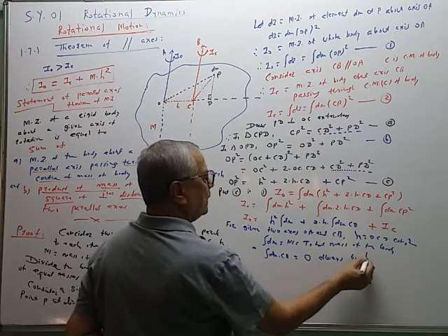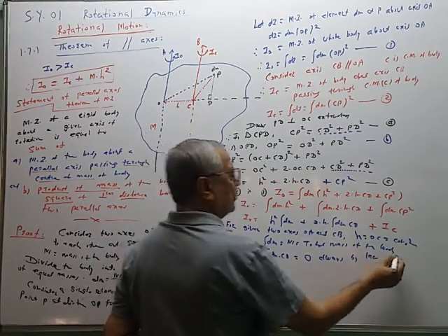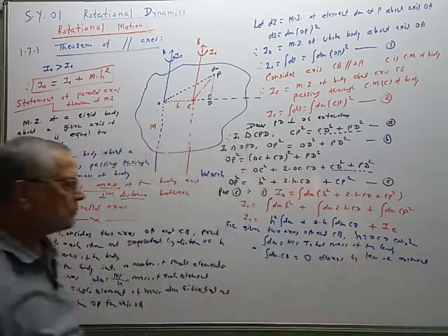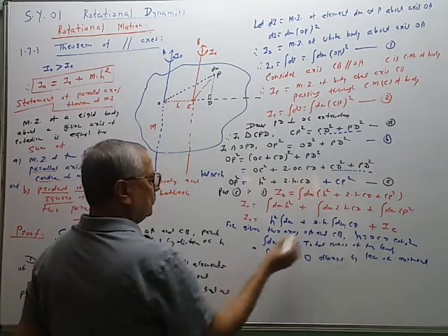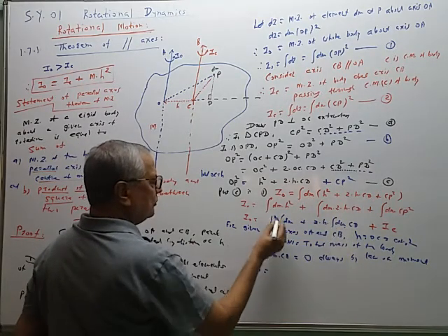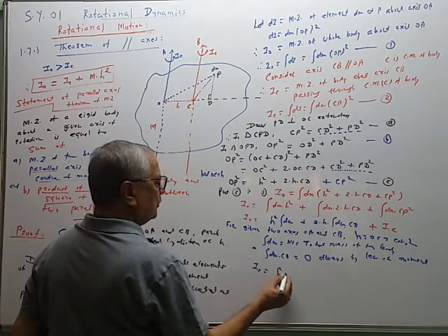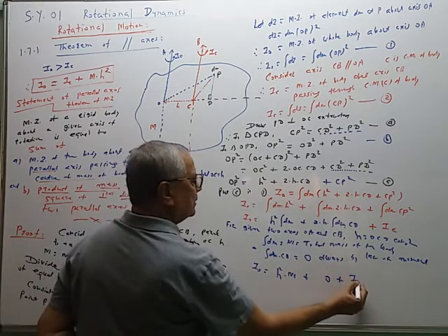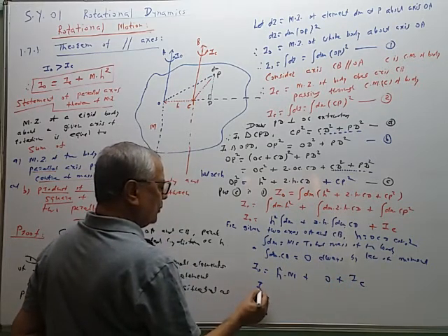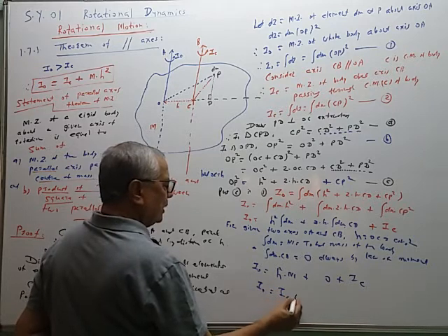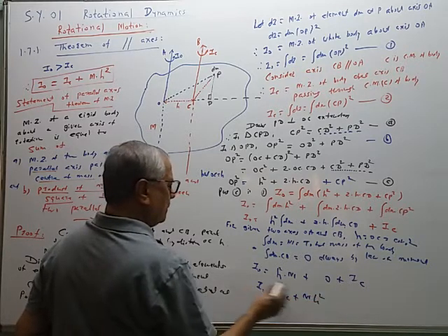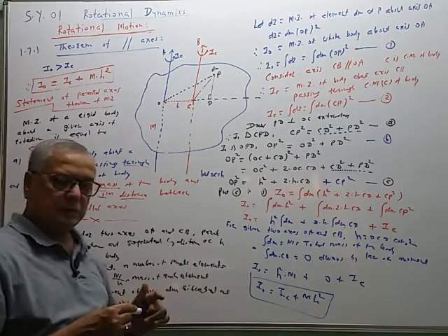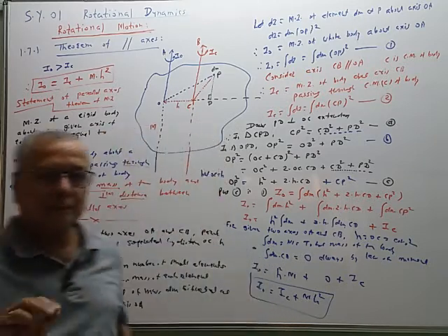by the law of moment. We will see the expansion of this separately later. So this becomes 0. Therefore, IO is equal to h square into integration of dm, which is equal to total mass. This is equal to 0 plus IC. And therefore, IO is equal to IC plus mh square. Like this.